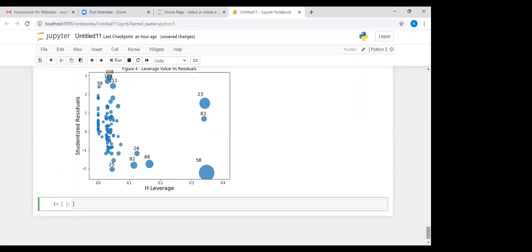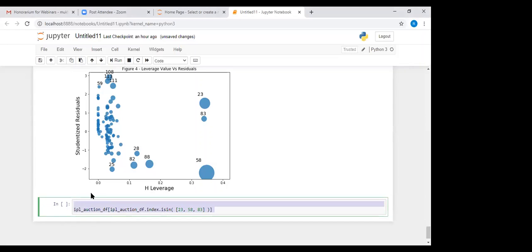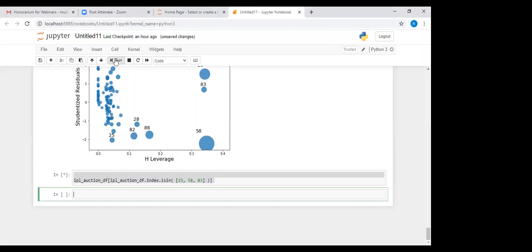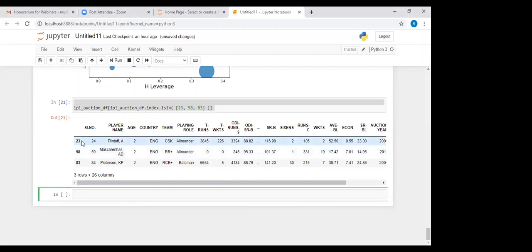What we need to do is filter out these 3 observations.